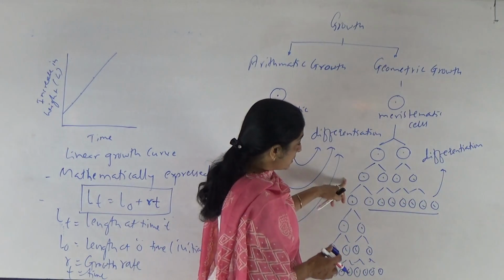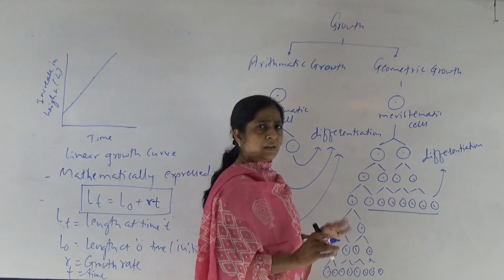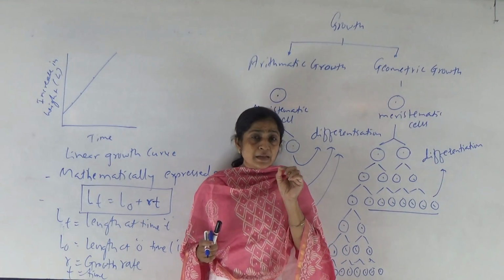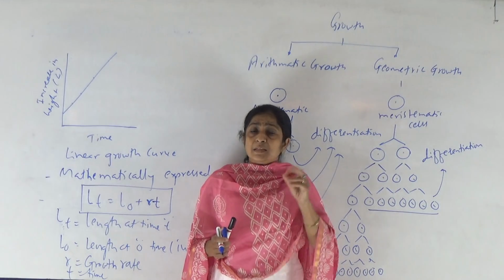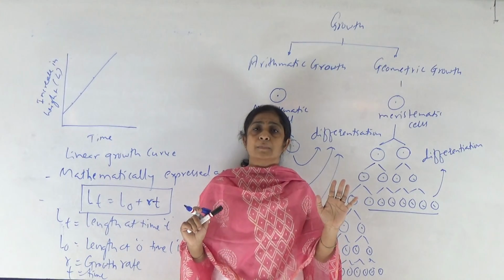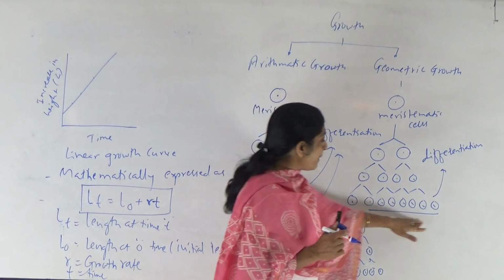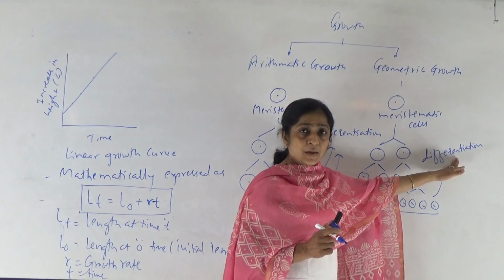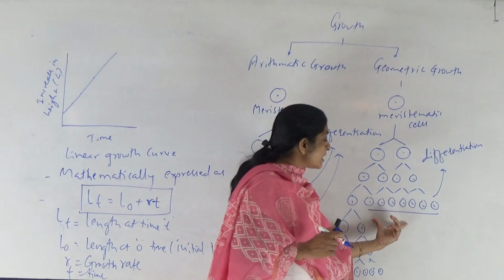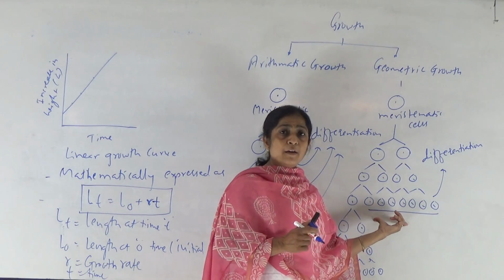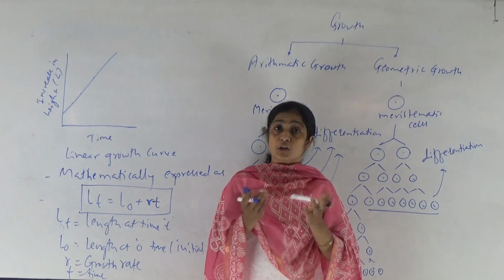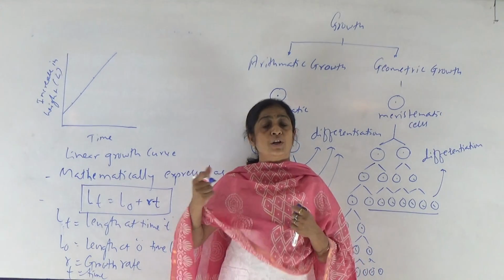Now initially in this growth, when cells only divide, they do not go for differentiation, right? The number of daughter cells increases, but an increase in the weight, size, height, or length is not much observed because cells are continuously dividing only. But in this phase where the maximum part of daughter cells will go for differentiation and a very small part of the daughter cells obtained may continue the division, this is the phase where rapid growth is observed. Why? Because imagine if many cells go for differentiation, these cells lost the ability of cell division, but they start elongation, maturation, differentiation.